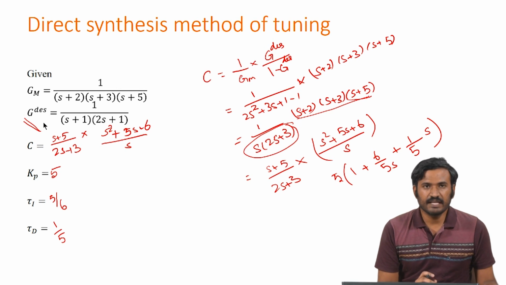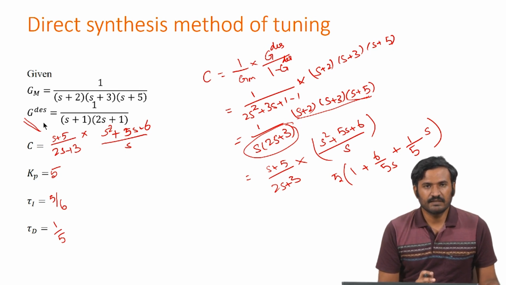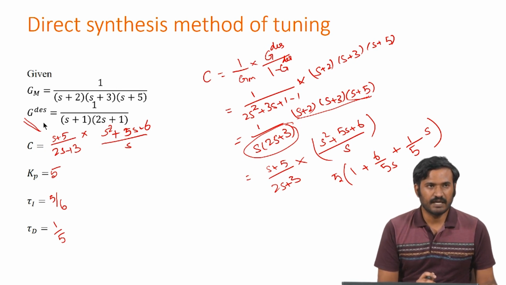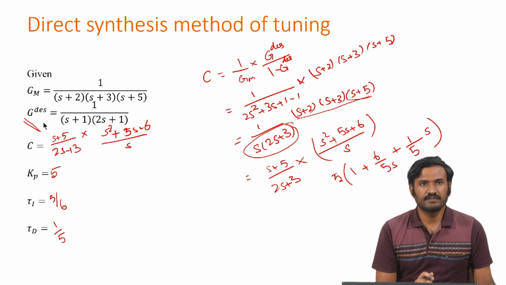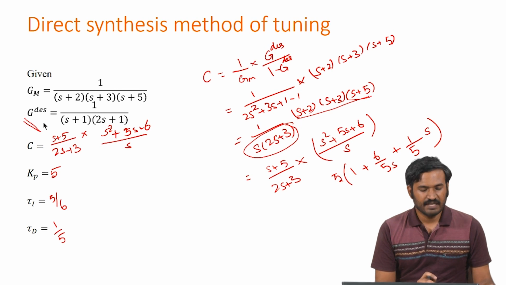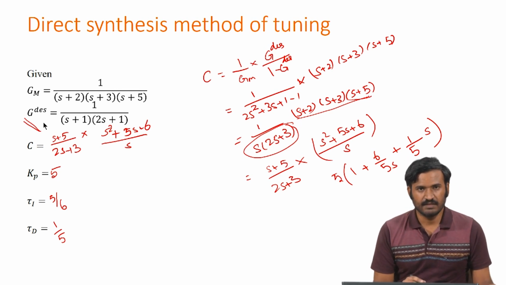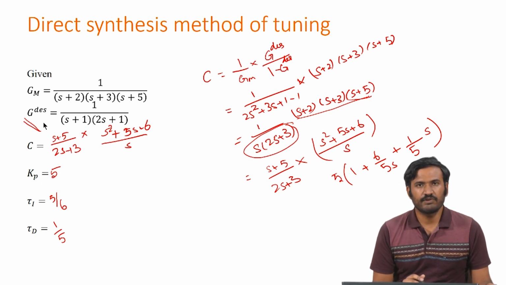The Ziegler-Nichols tuning, which is stability based tuning, there we are more concerned about the stability than the performance. Because of that we backed off to a large extent from unstable regions. Because of that the controller will be more or less stable, whereas in this method we are specifying the desired closed loop performance. Because of that we have to worry about the stability.